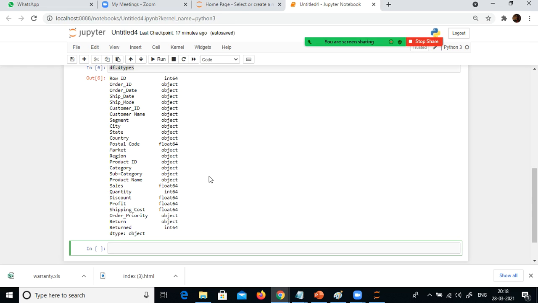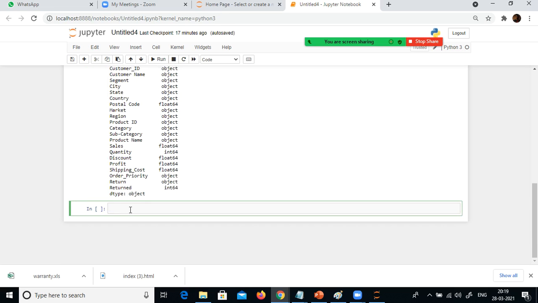For that purpose, I usually use this data set. But now let's not limit ourselves to that specific objective. Let's try to explore as much as possible with this data set to gain as many insights as possible. Okay, but we will start with the aggregation part now. What is aggregation? Summarizing the data.